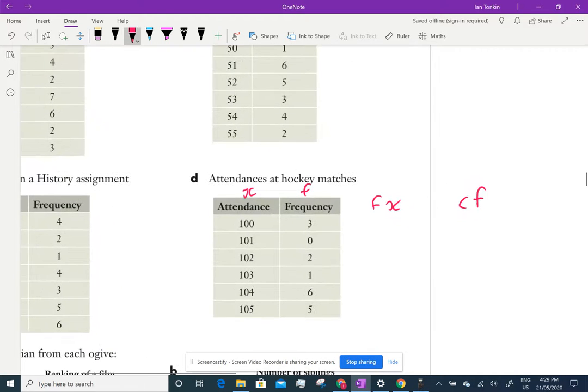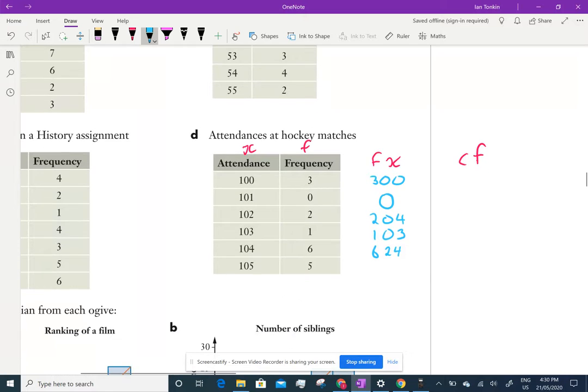So I'm going to make this a bit bigger. So FX, 3 times 100, 300. 0 times 101, 0. 2 times 102, 204. 1 times 103, 103. 6 times 104, 6 ones are 600, 6 fours are 24, so 624. 5 times 105,